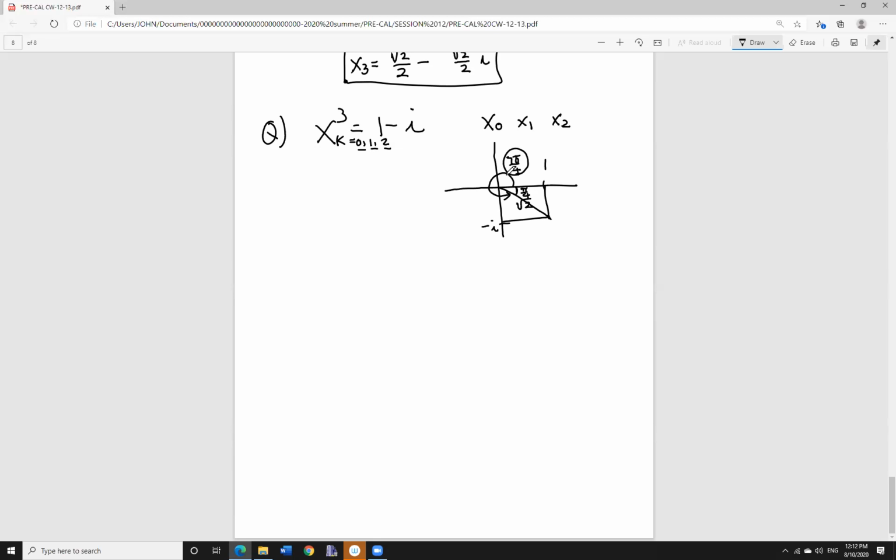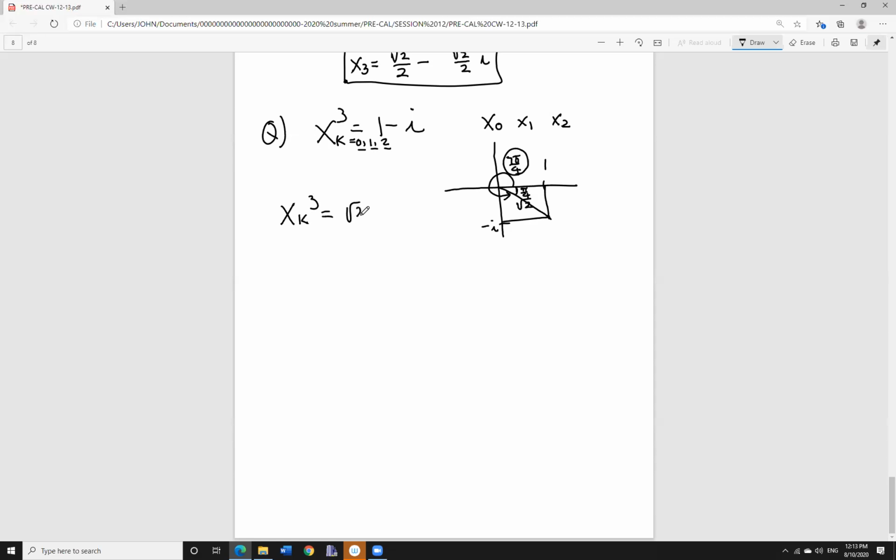Yes, 1 is what? 45 degrees, isn't it? Isosceles, right? So the positive standard angle will be 2 pi minus pi over 4, which is 7 pi over 4, right? So this is how the polar form looks. x to the third equals